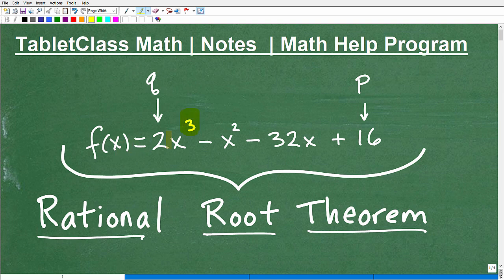So if the objective here is to find the solutions, find the zeros, roots, those are all different terms that basically mean the same thing. It means take this equation, this function, this polynomial function, set it equal to 0 and solve for x, right? So that's what we're trying to do here. And the rational root theorem is going to assist us in this